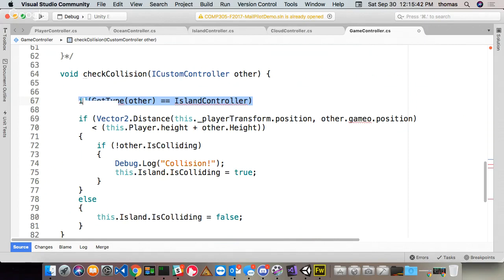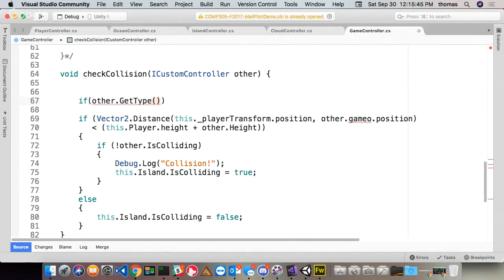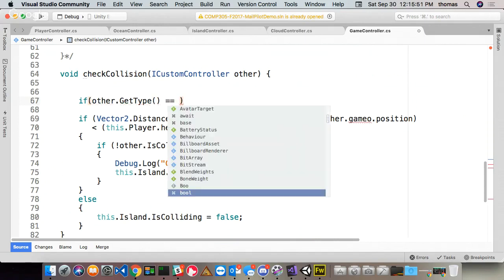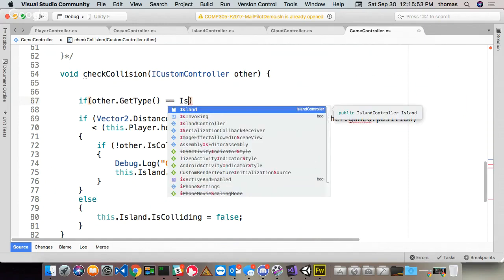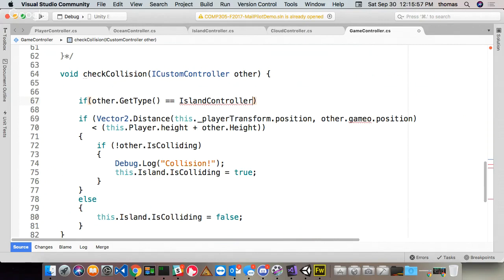It's just if other dot get type, does it take an argument, is equal to, I think, island controller. Put that in? Oh, no. I want to do that. Is a type which is not valid in the given context because island controller is a